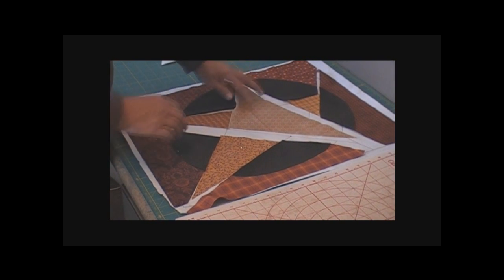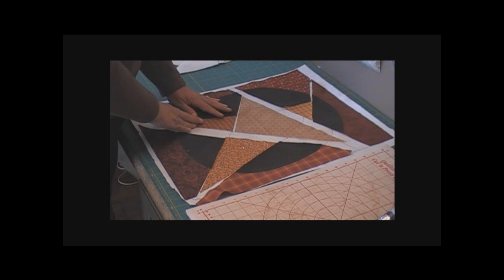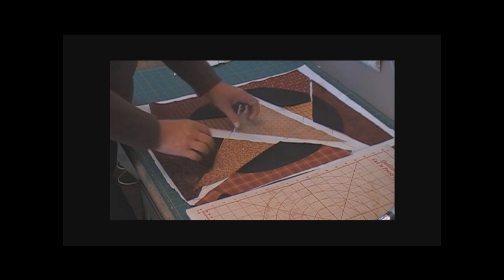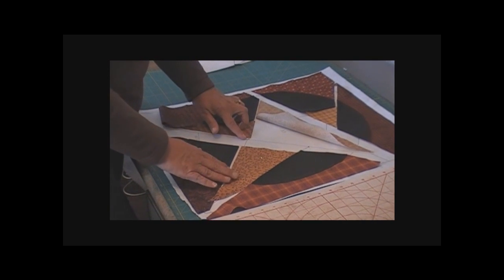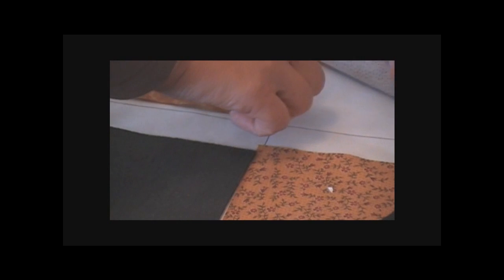Section A. Okay, just as we counted backwards when we cut the pattern apart, now we're going to go ahead and put them together 1 to 2, and then we'll add 3. 1 to 2 and add 3. And so to do this, if you notice that we have the dots on the pattern over here, and so when you go to pick up your pieces,